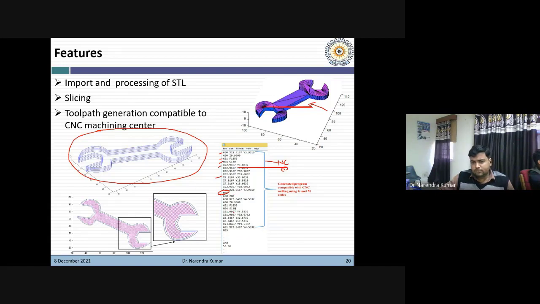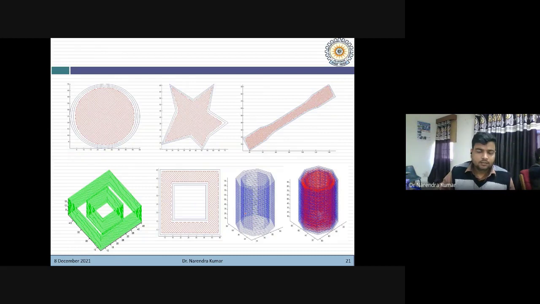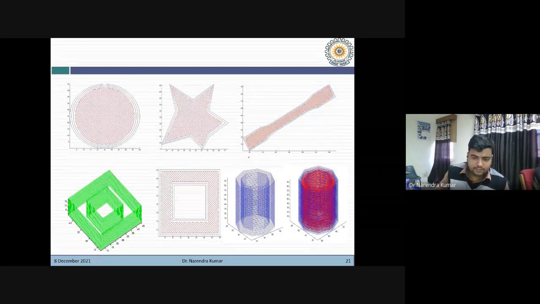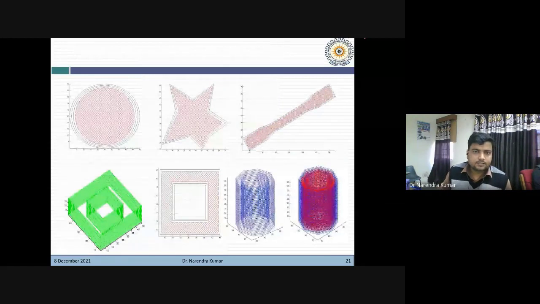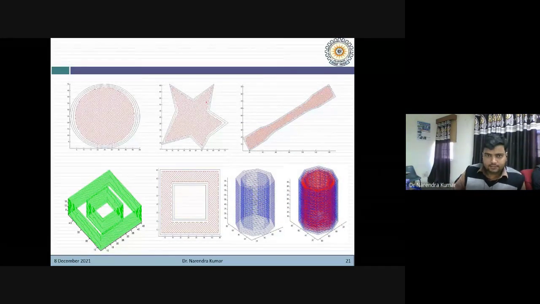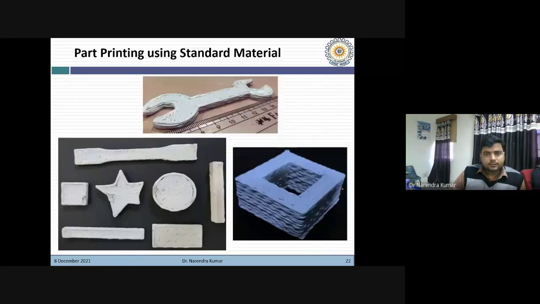Then you can see the different features that we use in the case of a CNC milling machine or for the milling operations. Those codes were incorporated here in this software module for additive manufacturing purposes. So here I have shown some of the cases for which we have developed different kinds of toolpaths, and here we have the pictures of the different parts. These parts were printed with the help of the developed material deposition tool.